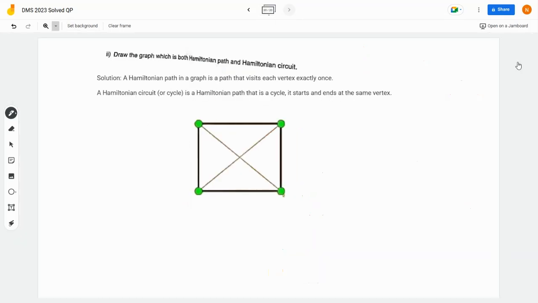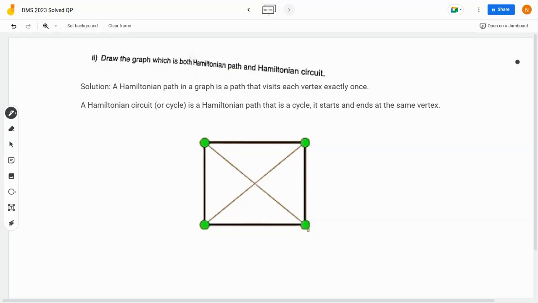Then the last one here: draw a graph which is both a Hamiltonian path and a Hamiltonian circuit. What is a Hamiltonian path? A Hamiltonian path in a graph is a path that visits each vertex exactly once. See here, it is going only one time. Each vertex is visited one time, right? So yeah, a Hamiltonian circuit is